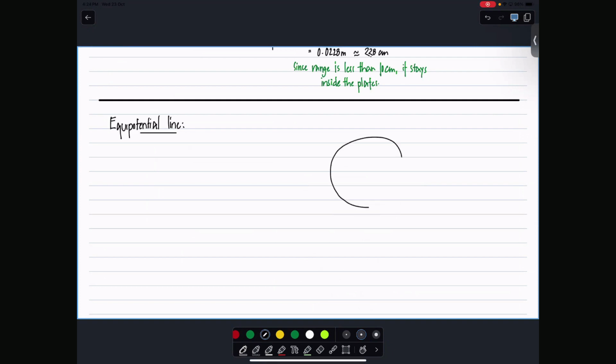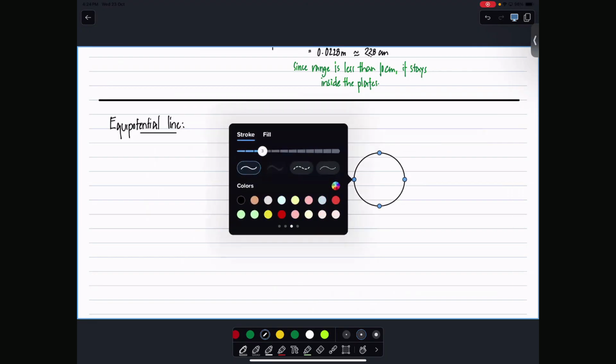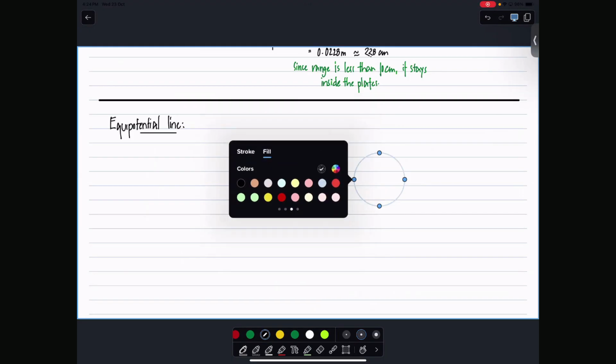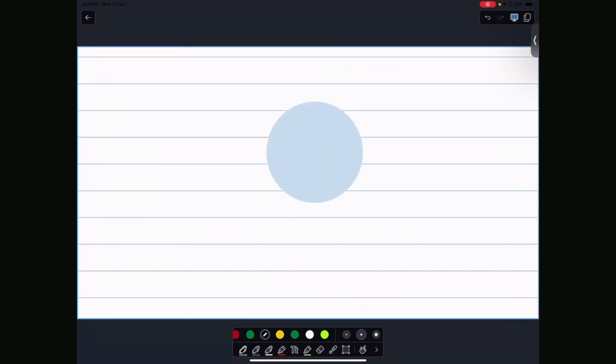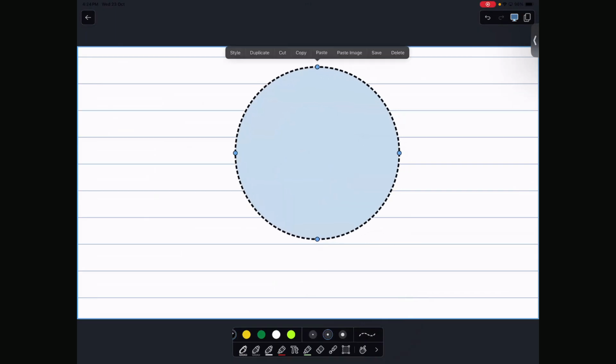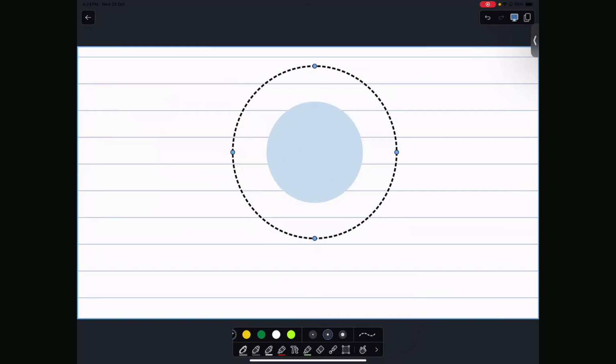Equipotential lines are essentially lines in fields along which there is no work done with the field or against the field. Let me show you what it means. This is the Earth, for example. The Earth has equipotential lines around it, and these lines are like that. They're actually the other way around, not like field lines. If you go along this line, there's no work done with the field or against the field. If I take the calculator here, it has a GPE of 100 joules, right? If I go left, how much is the GPE? 100. If I go right, 100. If I keep going left and right, the GPE remains the same.